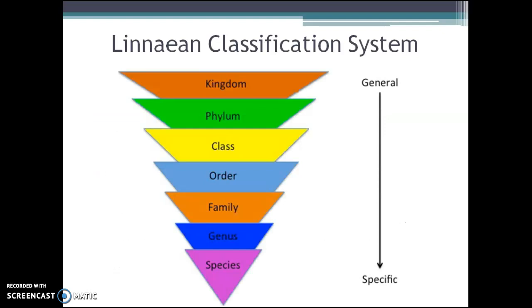All right, so here's how the Linnaean classification system is set up. We start at the, here it's kind of an upside down tree. The other video you're going to watch today has it flipped, but that's okay. So general means very broad, and specific means like an exact one type of organism. And so we have kingdom. You've probably heard of most of these words. Phylum, class, order, family, genus, and then species.